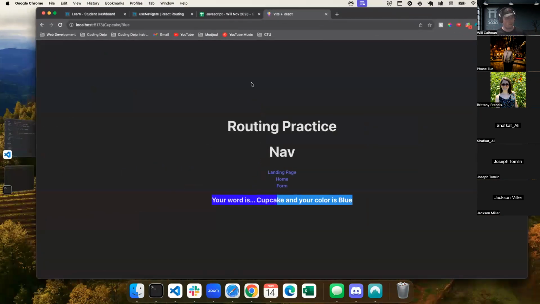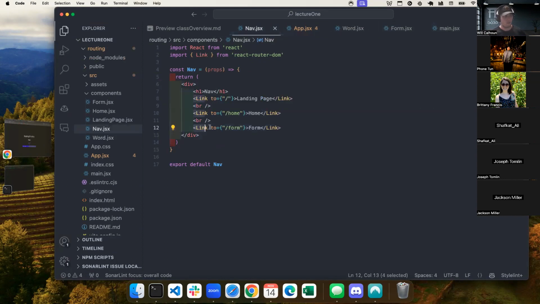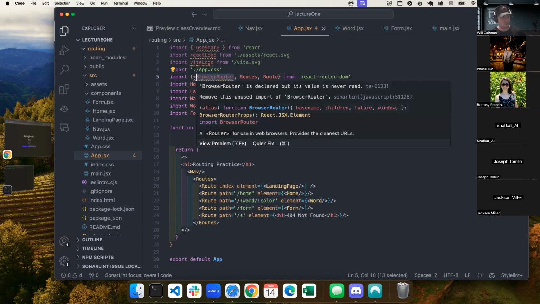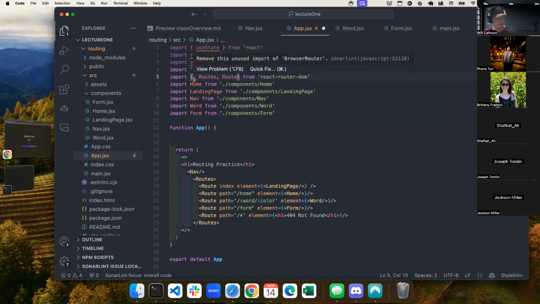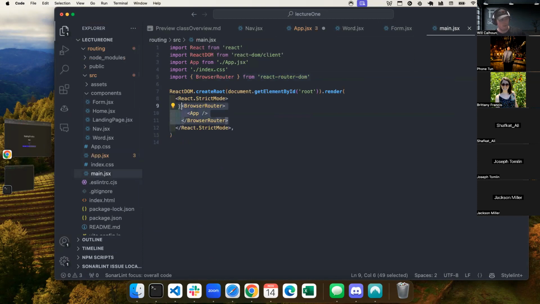Okay. Was a lot. We went over a lot today. Are there any questions on, and just to reiterate, we talked about link. So basically replacing our A tags with link. Talked all about routing, where we have to use browser router. So now that I'm not using it here, I can delete it. Again, where I'm putting it is right here, but you could put it the other way, works just fine.